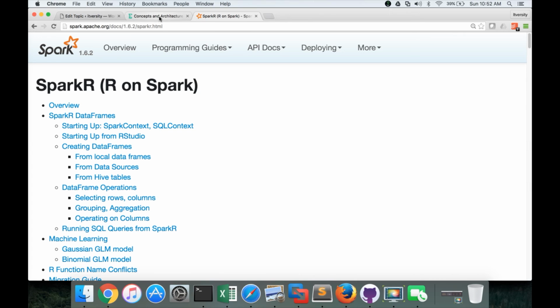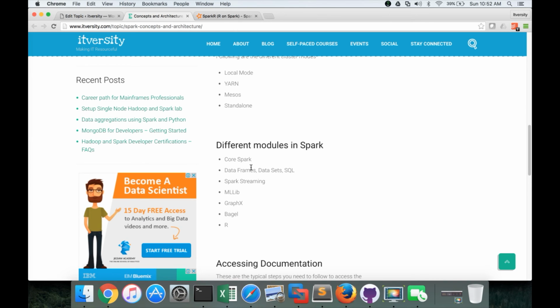These are the modules that are part of Spark. CoreSpark, which is nothing but transformations and actions such as map, reduceByKey, etc. DataFrames, datasets or SQL, where you can define the structure or use the existing structure to write SQLs on top of them. It covers Hive also, Hive in Spark context. Spark Streaming is to run analytics in real time, sourcing data from data ingestion tools such as Kafka, Flume, etc. MLlib is to apply machine learning algorithms. GraphX and Bagel are primarily for graph processing, and R is for SparkR.